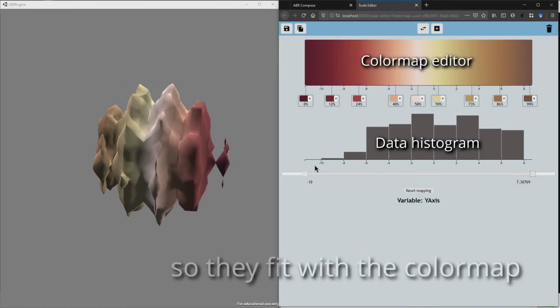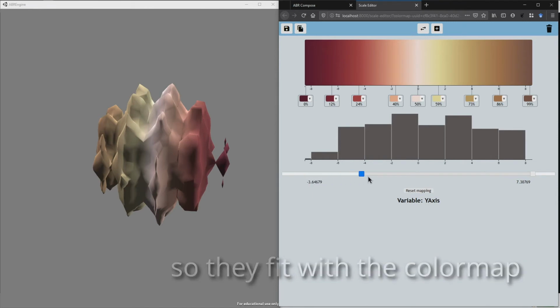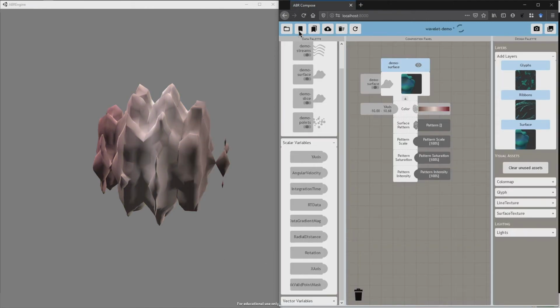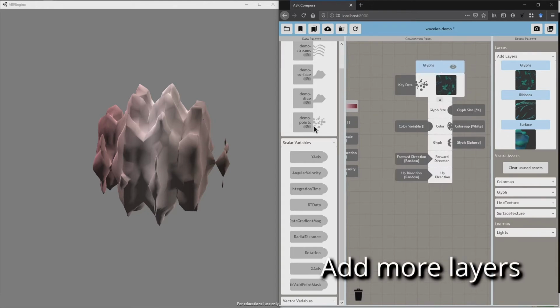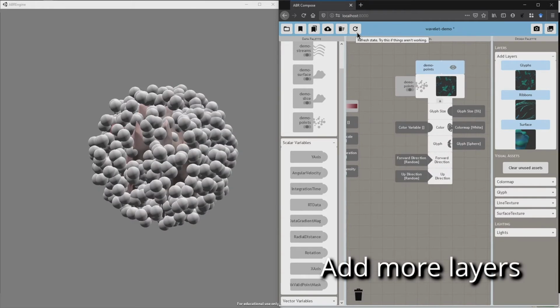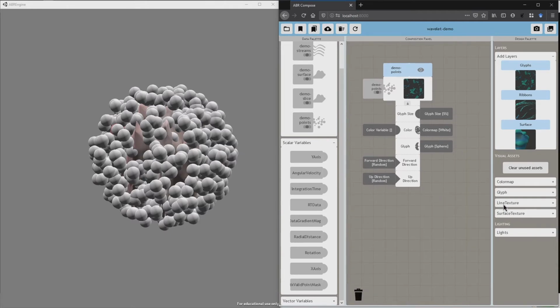And if you want to adjust the color map, there are ways to do that, as often you want to align the color map with the data in a specific way. And then once I have the color map to the point that it fits my vision, I can add another. Here I'm going to add some glyphs, and you can see how the pieces lock like little puzzle pieces.